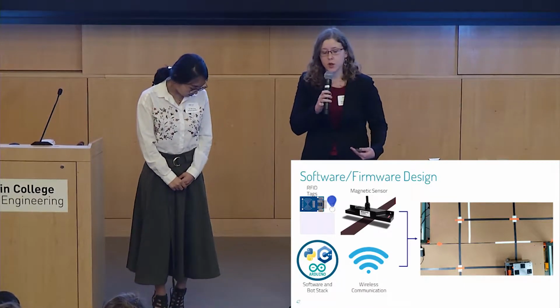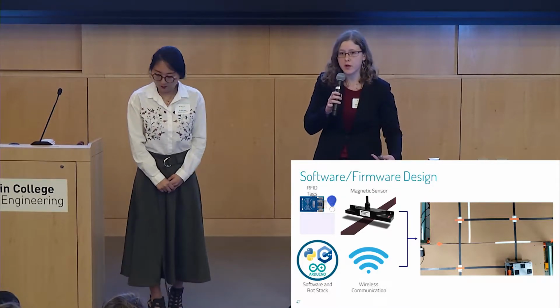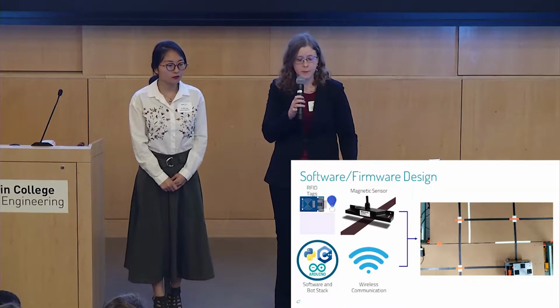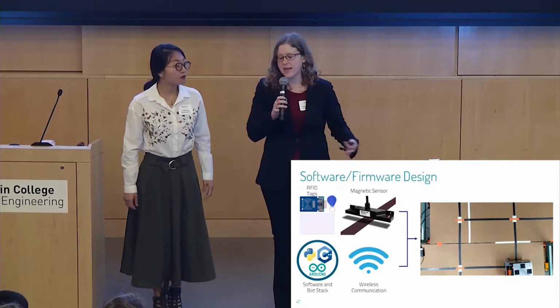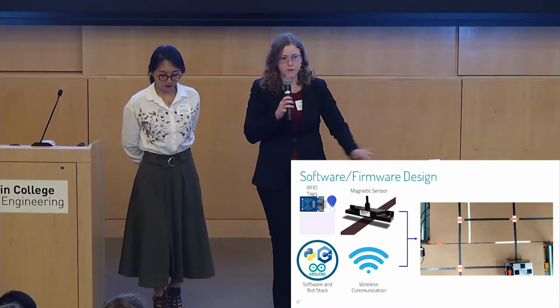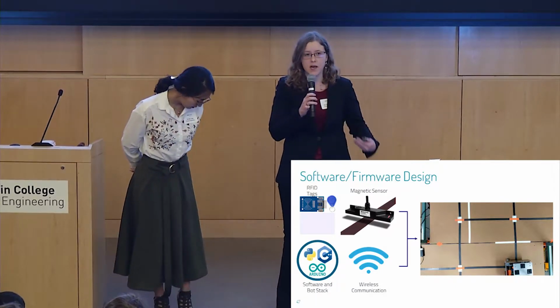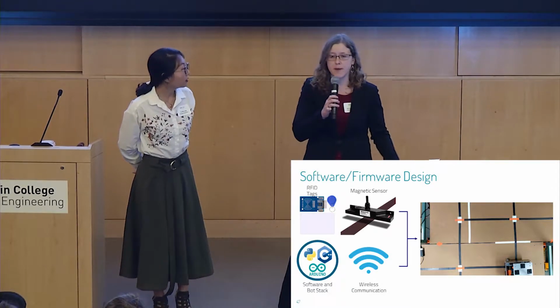As the robot drives over those cards, it's able to read the card, get the signal on the card, and know exactly where it is in the warehouse. The magnetic tape is exactly what it sounds like. It's basically just a strip of magnet taped to the floor. And what that does is it gives us a very easy line for our robot to follow using that magnetic